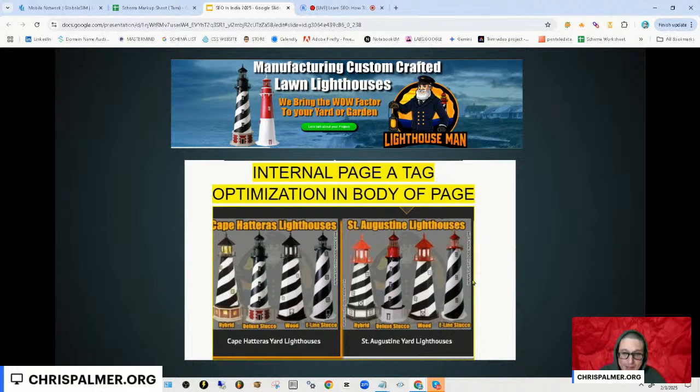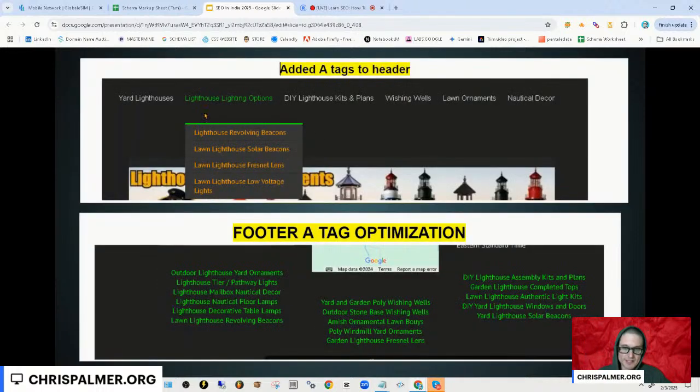Now, what I'm outlining here is where we are putting them. On this particular website, there are photos, then titles, and then a description with a link. So image, title, description with a link. That's 3 internal links, 3 separate anchor texts pointing to the same page. You with me? Now, what I'm showcasing here is drop downs. This is the heading, or the header, and this is the navigation menu. Again, we're putting it to the primary page that produces dollars for the business owner, and we're utilizing a variation of the anchor text.